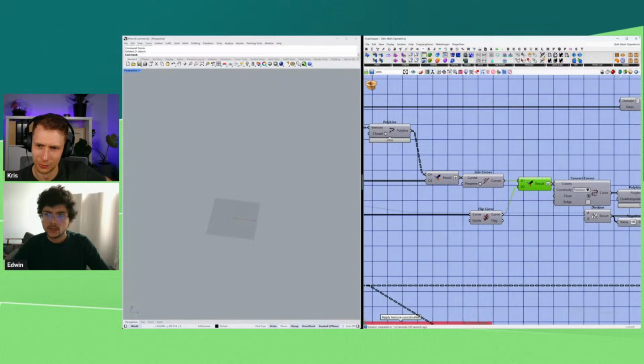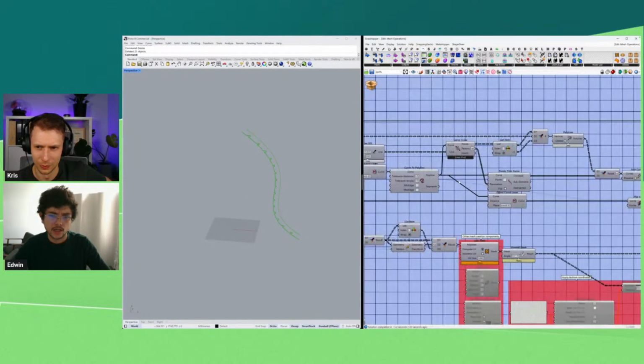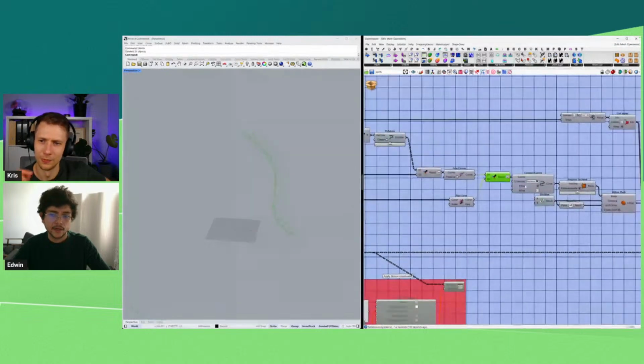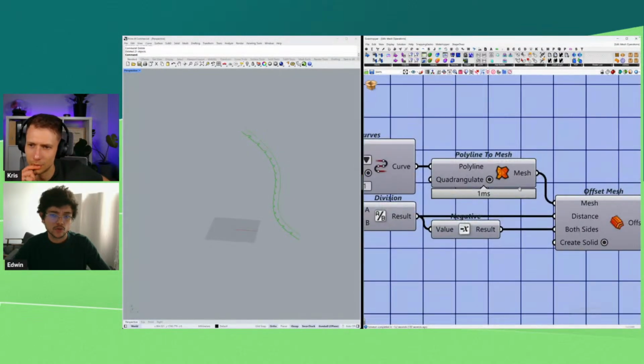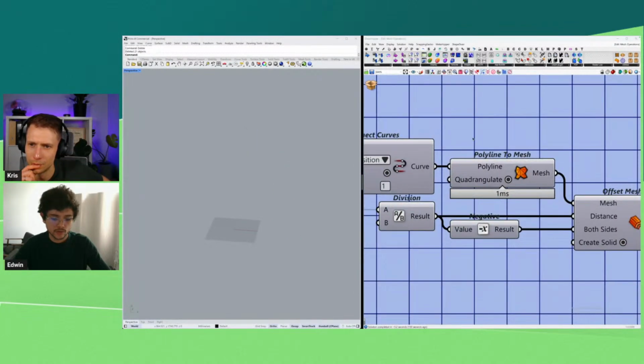So I am doing the same that I did before with the intersection. I'm still using the math options, but I'm using this component to convert. Instead of using the boundary surface component, I'm using the polyline to mesh component. This comes from the Pufferfish plugin. And that one works like the boundary surface. It's just this one is not compatible with holes. Now, if you have holes, then that's when you use the patch